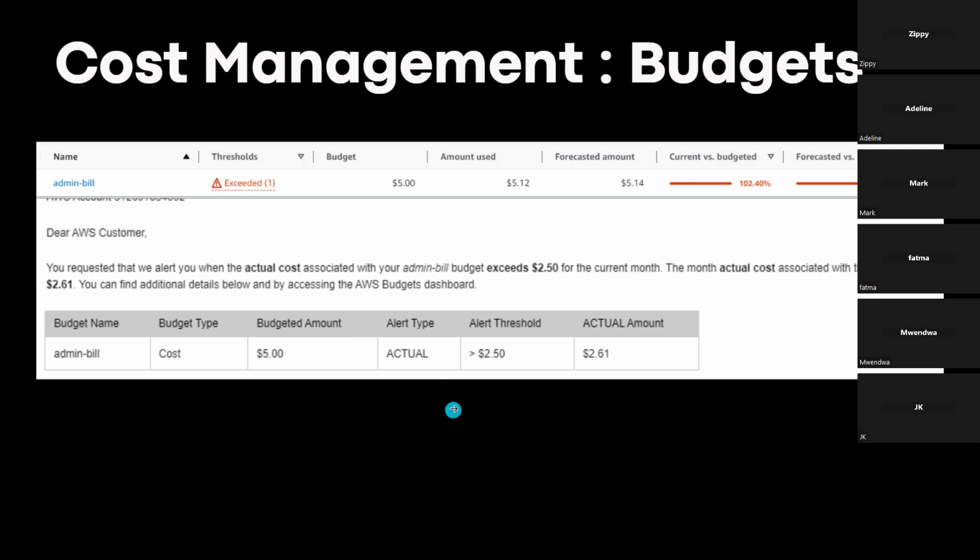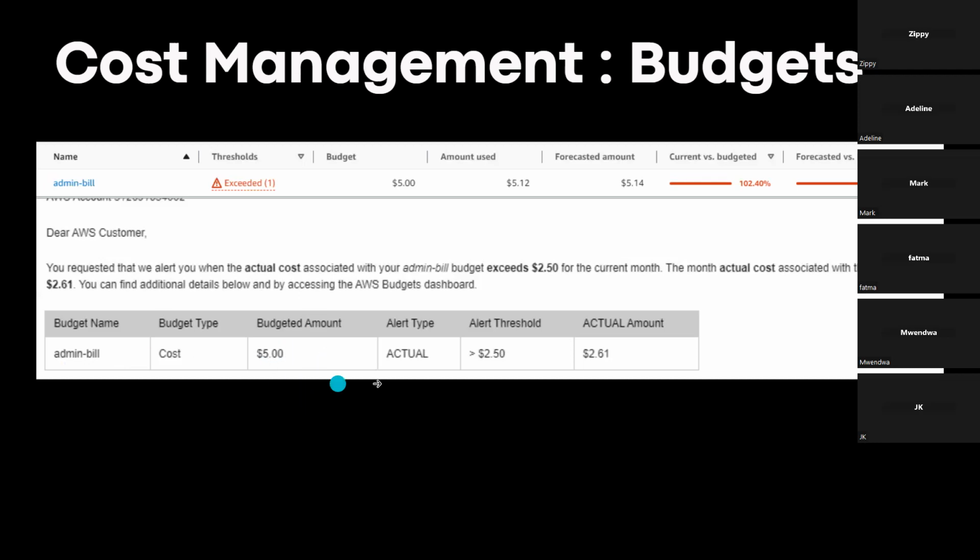The difference between the two is that if you set your budget to send alerts based on your actual spend, you'll only get the alert once your usage has exceeded, once it's above your budgeted amount.